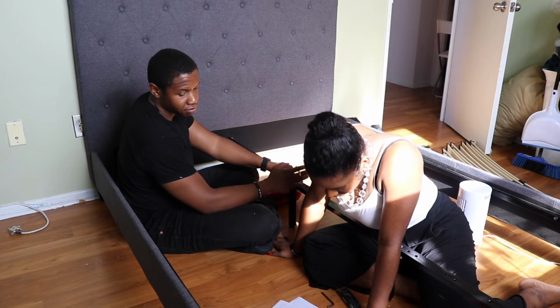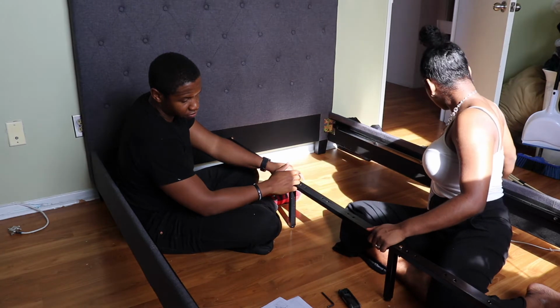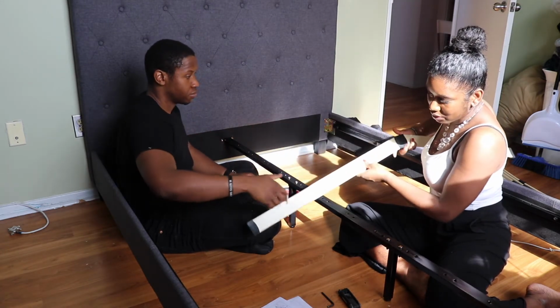So step 4, we have to put the slates in. Is this? And you gotta put it in like